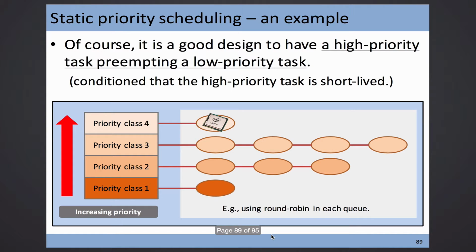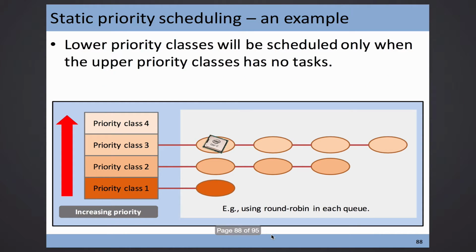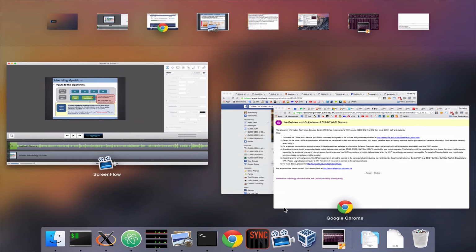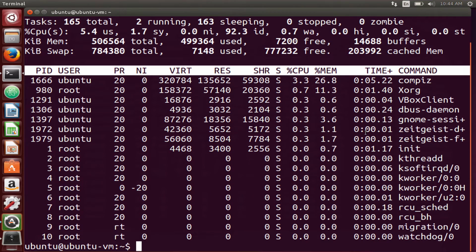Of course, when I go to the next page, the illustration continues. Let's say suddenly a very urgent job comes in, and urgent jobs usually have a real-time process priority, and it will take the CPU resource, and usually it's preemptive. Take a look at the names here, which seem very strange. Let's look at process ID 10. The process ID is so small, so you think it should be something important, right? Take a look at the name.